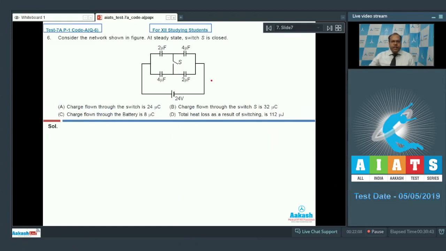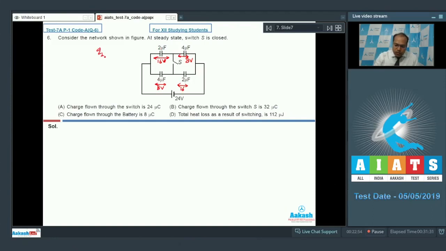First of all, we have to analyze the situation before closing the switch S. In that situation, I can find that the potential across this capacitor is 16 volt and the potential across this capacitor is 8 volt. Similarly, in this branch, the potential across this is 8 volt and the potential across this is 16 volt. So if I find out the initial charge on the 2 microfarad capacitor,